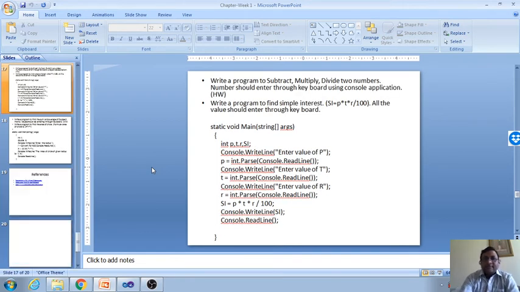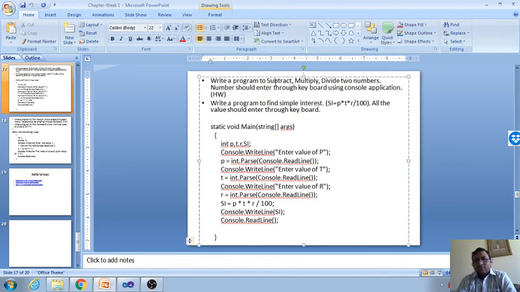Here the question is available for homework. Write a program to subtract, multiply, divide two numbers entered through the keyboard. Subtraction I already told you. Multiplication and division you have to do yourself, and you have to tell me whether the answer is coming correct or not.